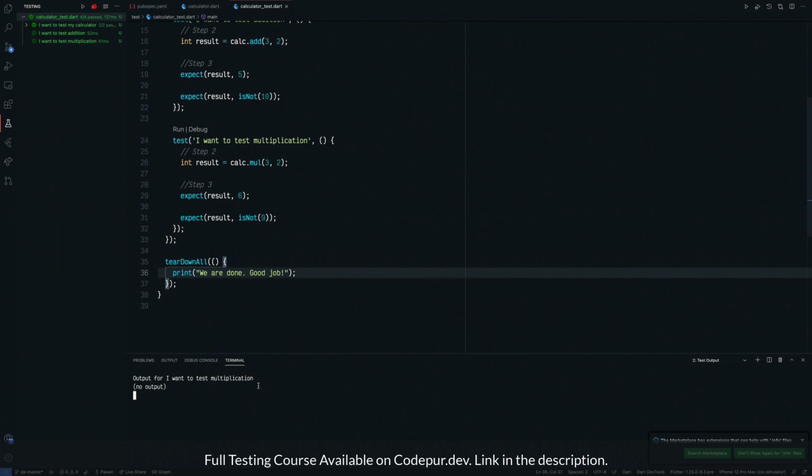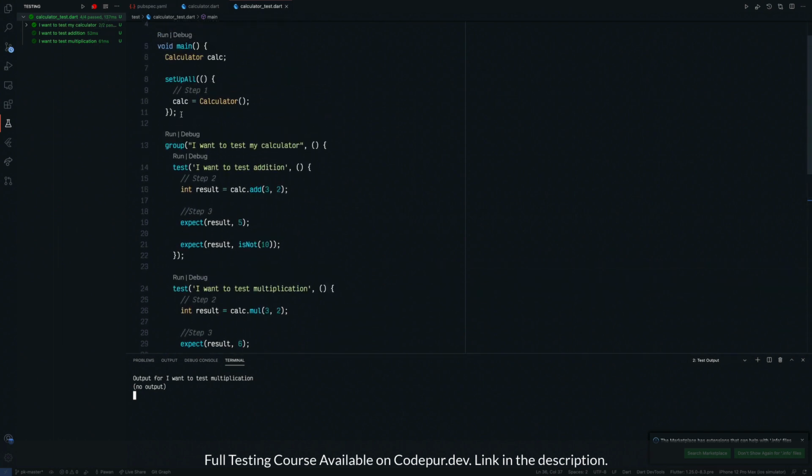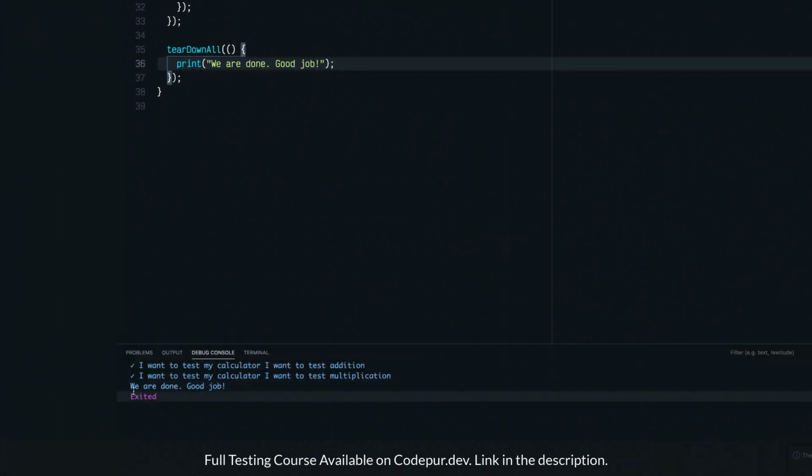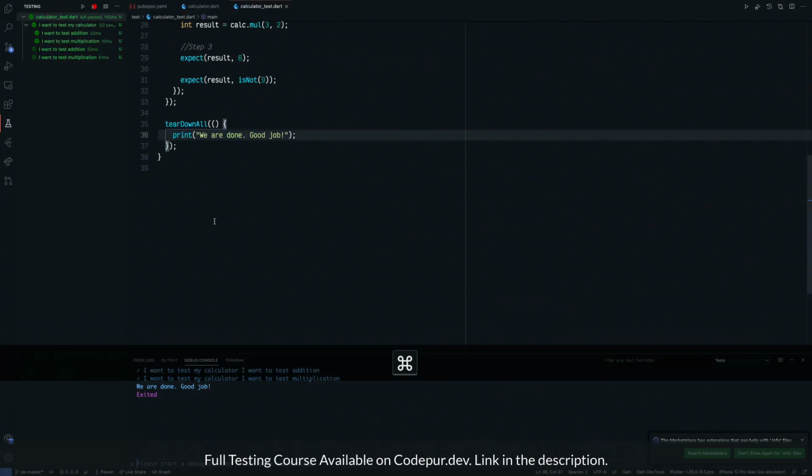Now let's run this group test again and see what happens. And you will see that all of our test cases pass. It is passed, as you can see, but we didn't get the "we are done, good job" message. Even if we go to the debug console, only then can we see it, because it prints in the debug.